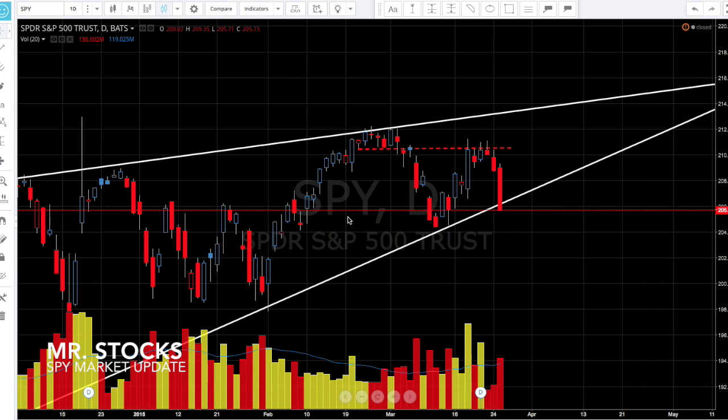We've been talking about a lot of bearish signals on the SPY chart for a week or so now. We've come up with at least four different types of signals that indicated that we would roll over soon. And we did start that on Monday when we had this reversal bar here, where it was positive for the day, but in the last hour of the trading day, we had a reversal